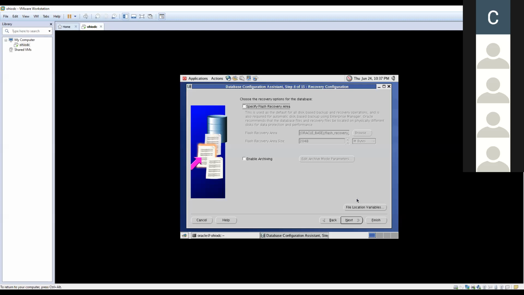You people will be confused if I use the DBCA method of database creation. The database will be created, you click next and it is created. But you have to know what options to select, and in order to know that, you have to know the concepts. What is archiving? What is FRA?